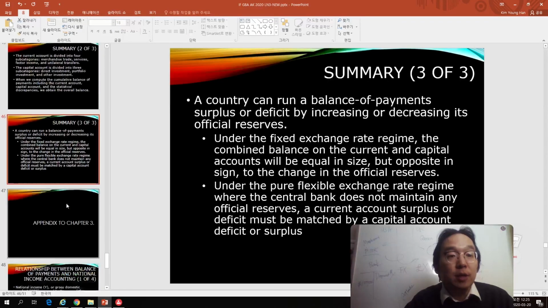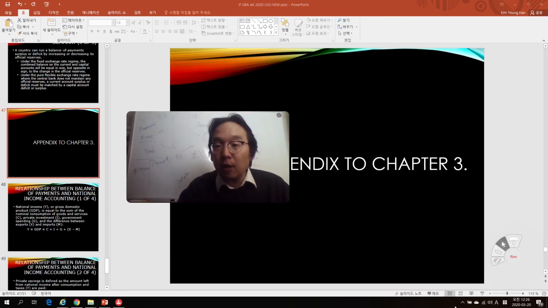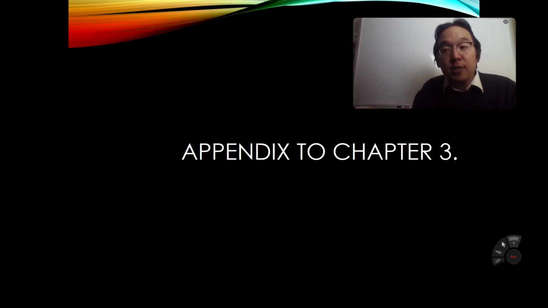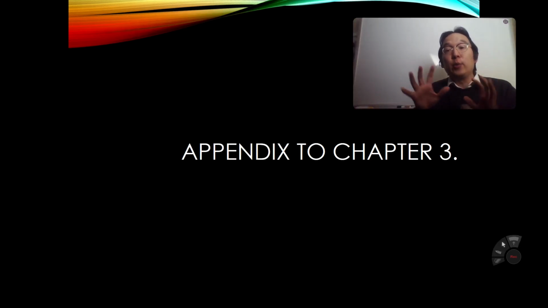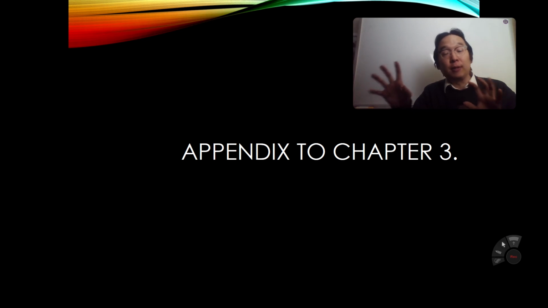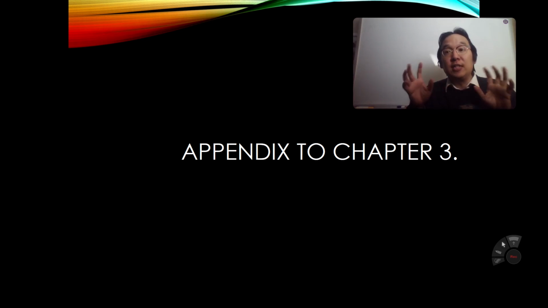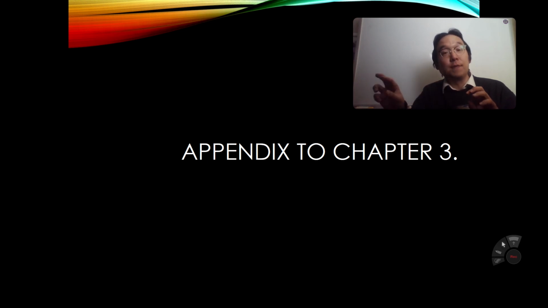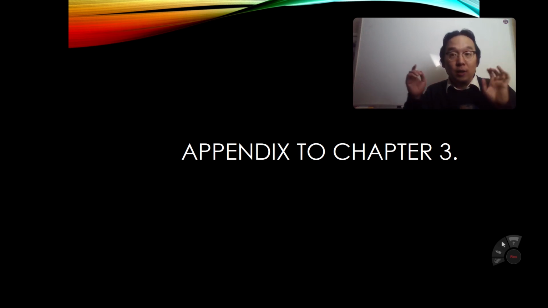The summary is over there, and then move down to the appendix of chapter 3. This appendix is a connector between your macroeconomic understanding about GDP and the balance of payment accounting, right? How is the GDP related to the current account deficit or surpluses? And then what's the implication to the savings of the country or investment of the country, or government spendings or tax revenues, right? How they are interrelated. Okay, we're going to look at it.